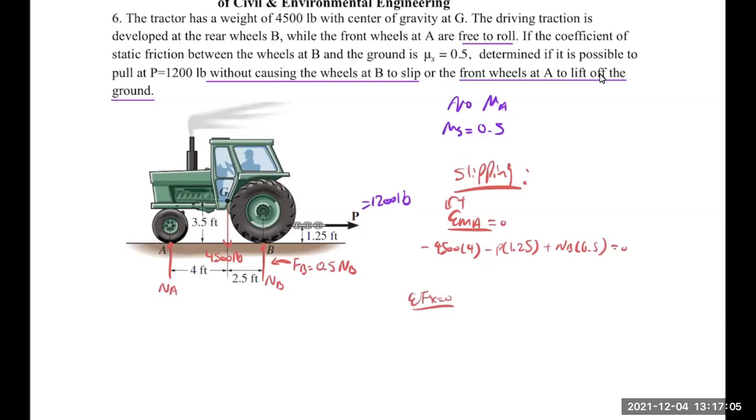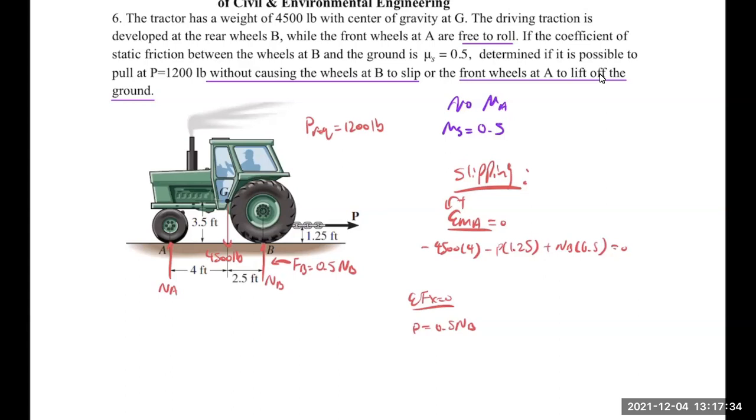That's going to be simple: P will be equal to 0.5 NB. Just ignore this 1,200 pound right here. The 1,200 pound is not necessarily the P value that we have to find. Since the sum of forces in the X direction gives P equal to 0.5 NB,